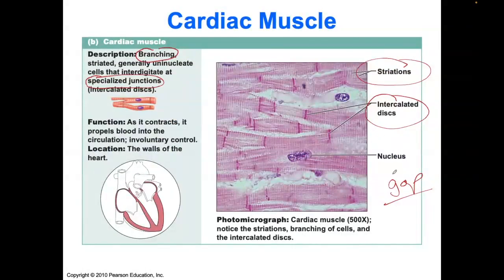So gap junctions are used and designed for very fast, rapid forms of communication. We need gap junctions wherever we need fast, rapid forms of communication between cells. So if you look at the heart here, this is the right atrium, this is the left atrium, this is the right ventricle, this is the left ventricle, okay? The atriums contract at the same time, and then the ventricles contract at the same time. And the only way that that's possible is because you have a pacemaker here that's called the SA node.